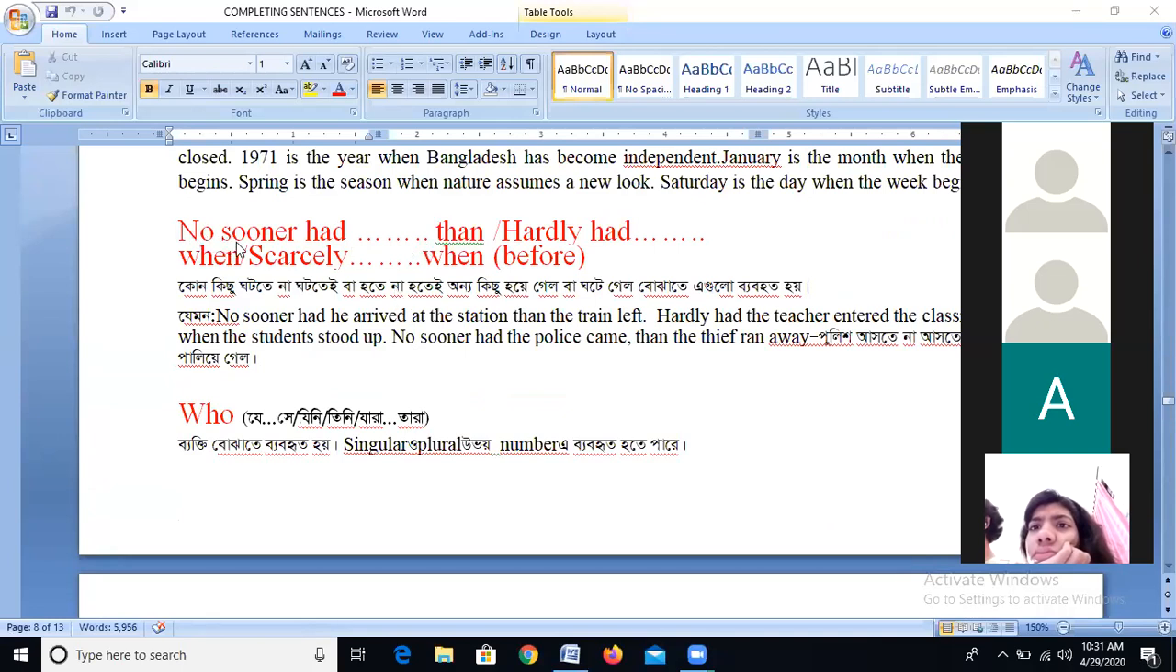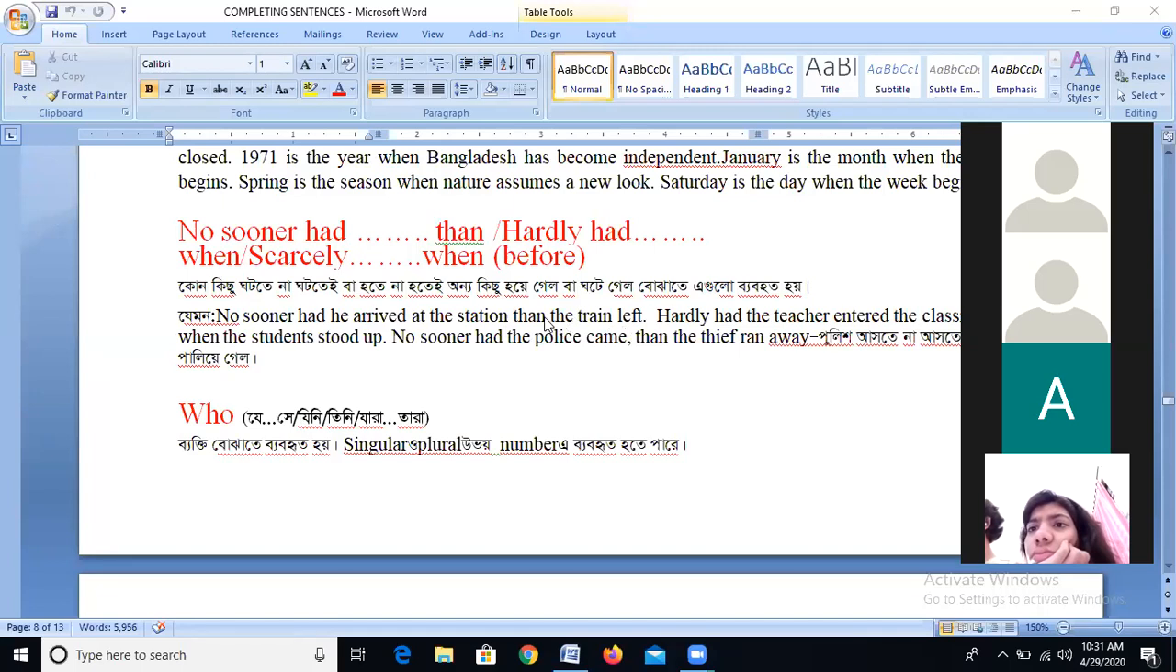Let's come to this example. No sooner had ... than. This is the negative form. No sooner is the negative form of as soon as. Now look at this example. No sooner had he arrived at the station